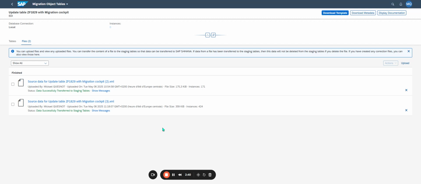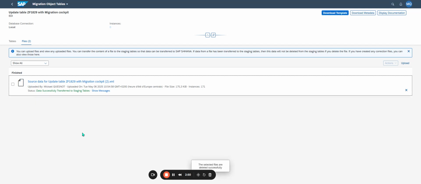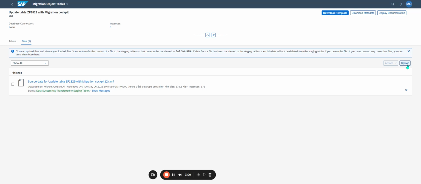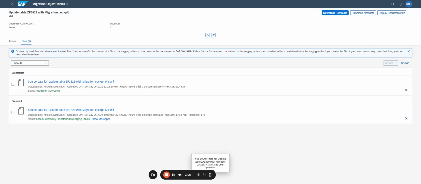If you reload a file with exactly the same name, you need to delete first, because SAP says there is already a file with the same name in the system. So delete, then upload. Select the file, open, and then